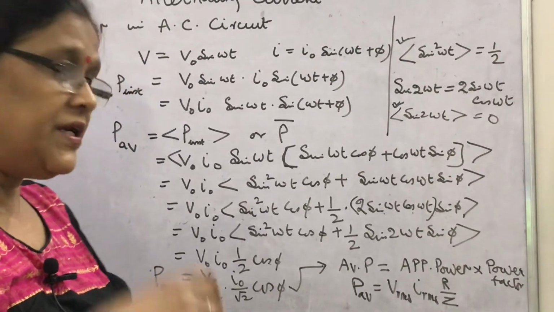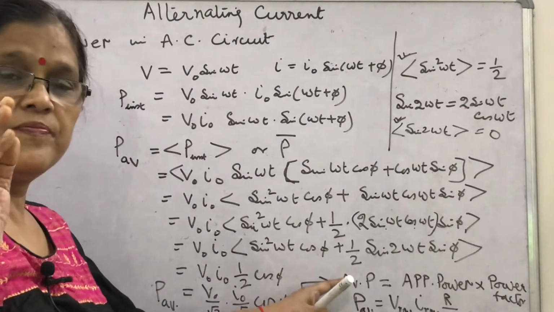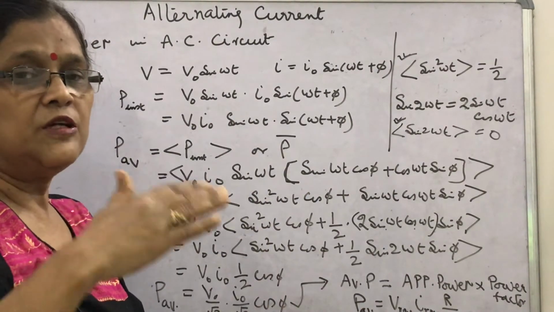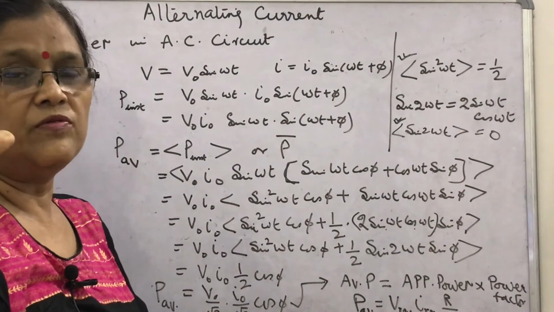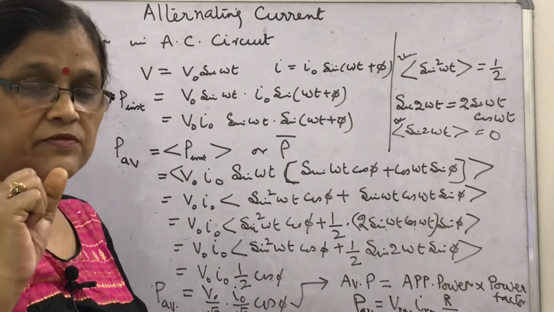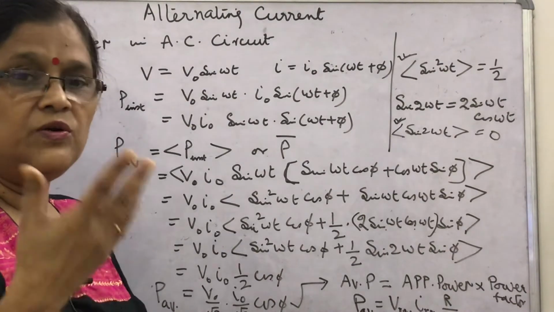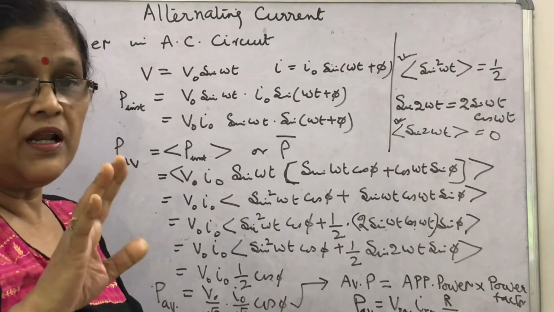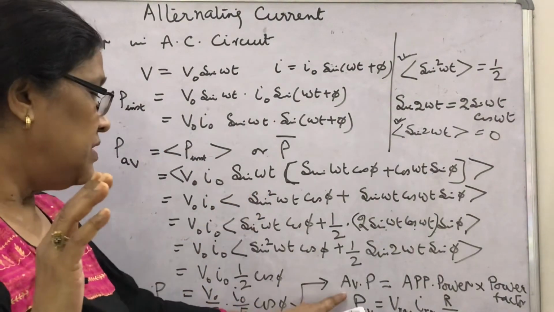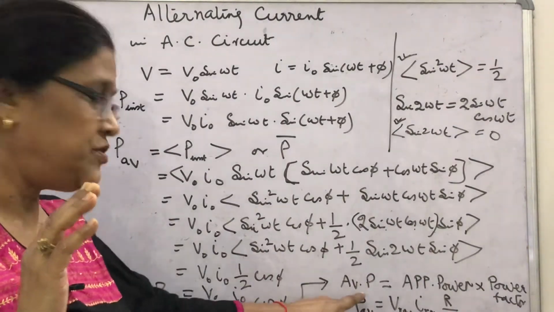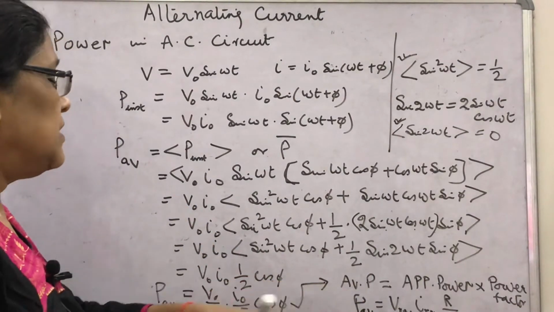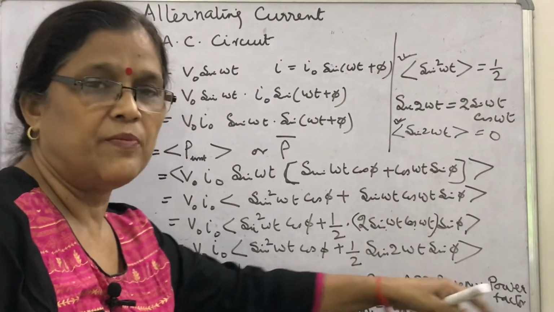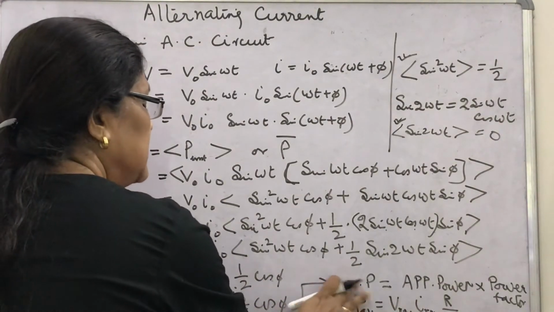One more important point, that in average power, what does it mean? In any of the question, numericals, if it is given this amount of current is flowing, that is the amount of voltage, which is that voltage? RMS value. Unless it is not written, what do you assume? That this is the RMS value of voltage and current. Similarly, in any of the numerical, if it is not mentioned, you will suppose true power, average power, that is called true power. This average power is also called true power. So true power equal to apparent power into power factor. You can write here this as true power.